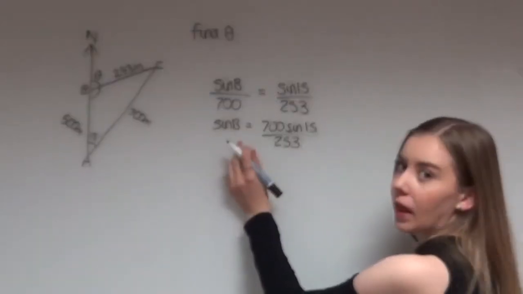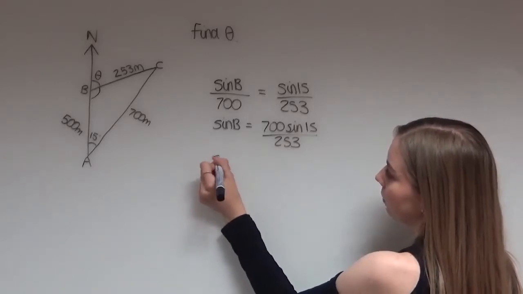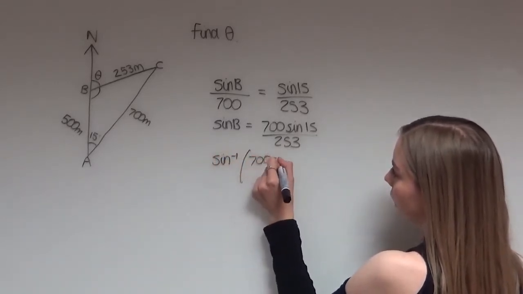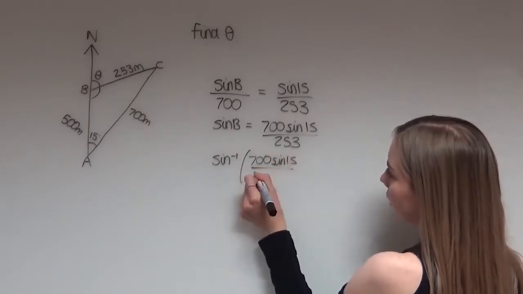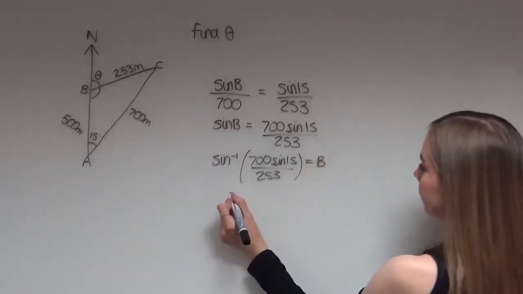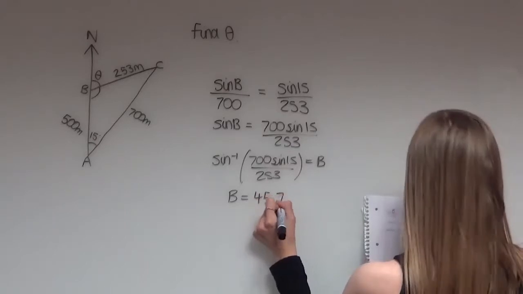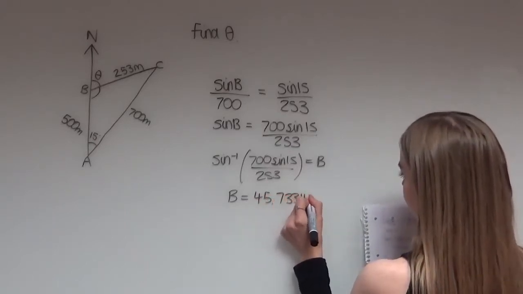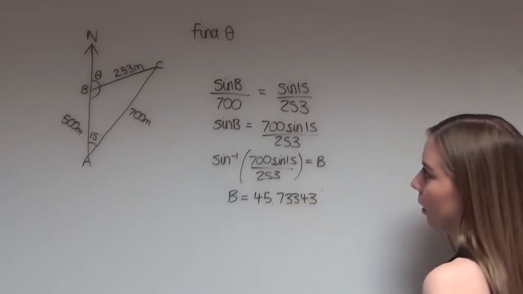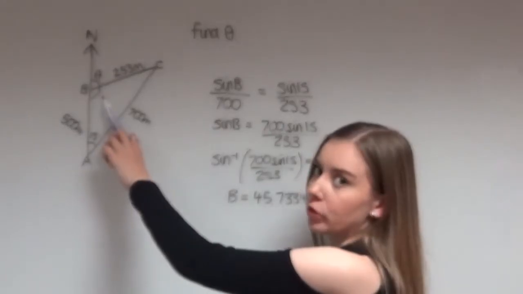Then we know to get the angle on its own you have to do the inverse sine function of this fraction. So sine minus 1 of 700 sine 15 divided by 253 gives us our angle b. And we get a value of b as 45.73345. But if we look at our triangle, we can clearly see that b is an obtuse angle,